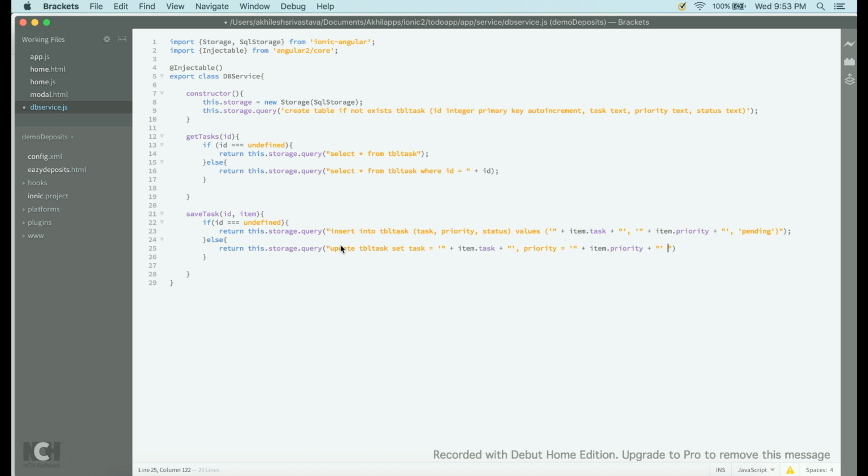Okay, and then here we have to say where id equals to